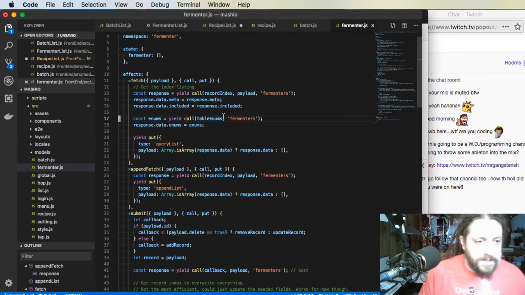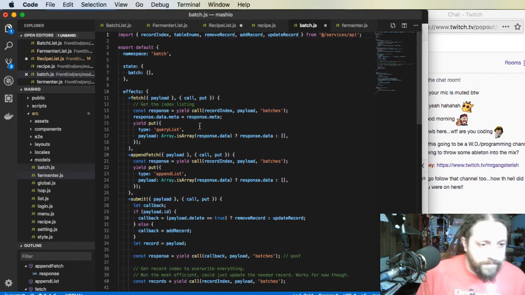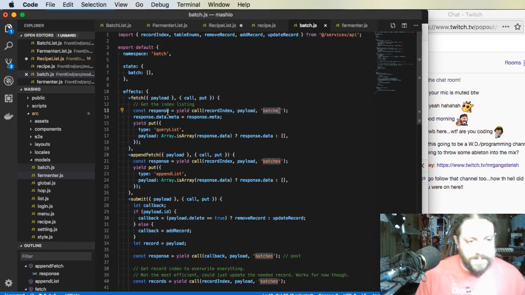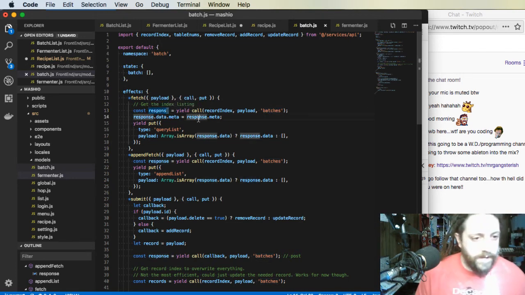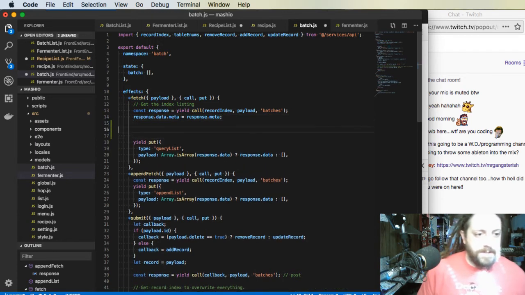So what this is saying is it's calling the record index action for the batches controller and gets the batches back. So then the batches are in this response variable. So after this, I want to